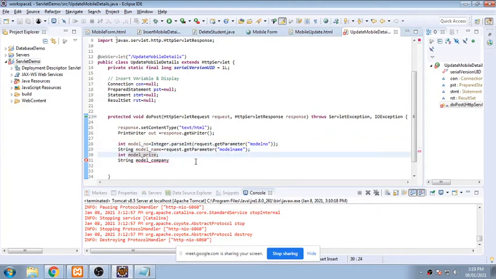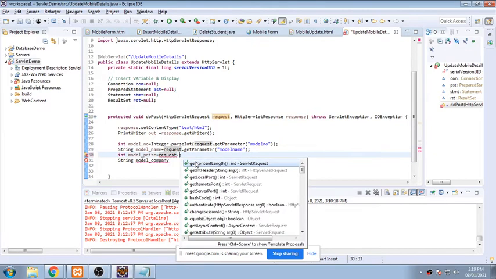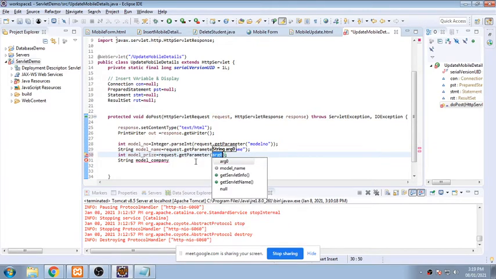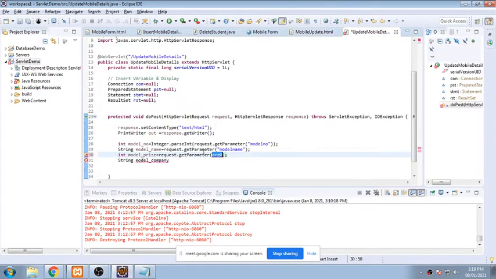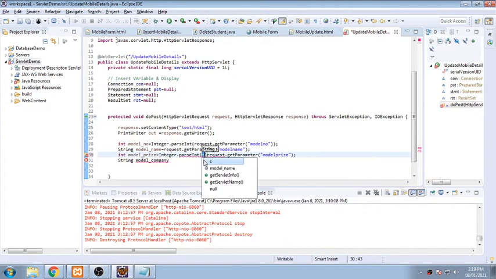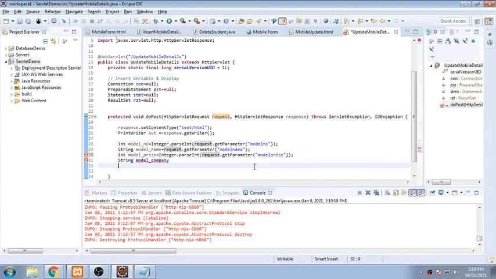In the same way, price is equal to request dot get parameter, and the text box name model price. As this is in integer format and the right-hand side is in text format, I need to go for typecasting. So Integer dot parseInt will convert this into an integer format.